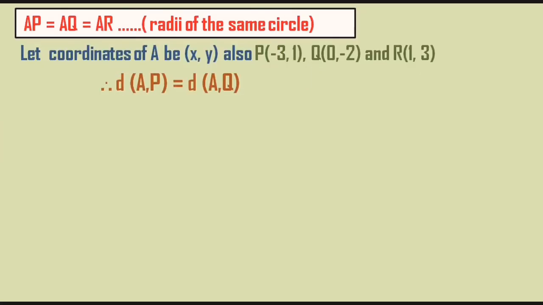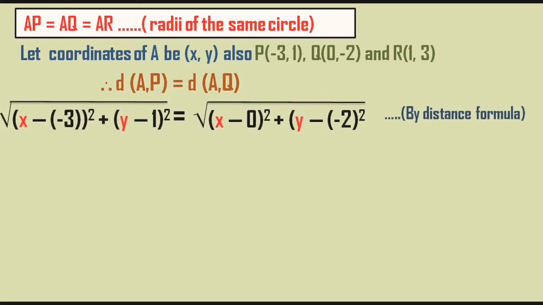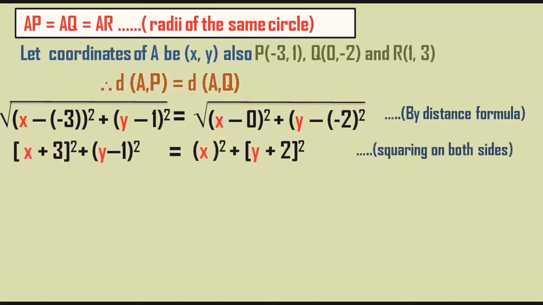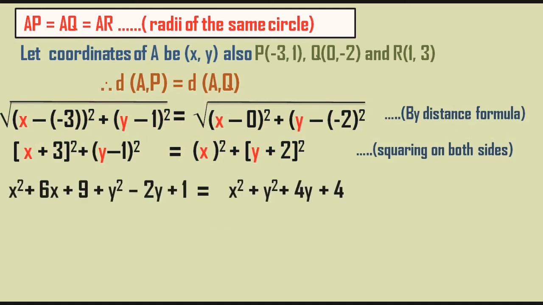Very first, we are going to utilize AP and AQ, where the coordinates of A will be x and y. By utilizing the distance formula, we will form one simultaneous equation. Let's see what happens. By the distance formula, after substituting the values, you will get something like this. The moment you square on both sides, the root will be removed, and now it is time to open the brackets. For the opening of the brackets, we will use the expansion formula for (a + b) whole square equals a square plus 2ab plus b square, and after utilizing that formula and